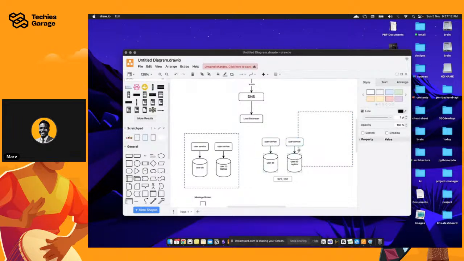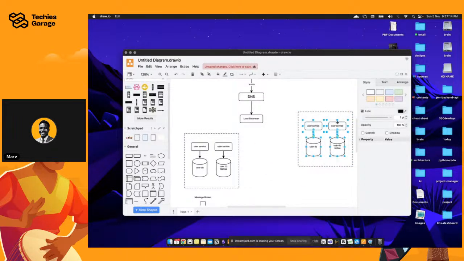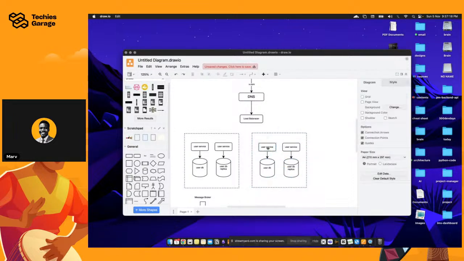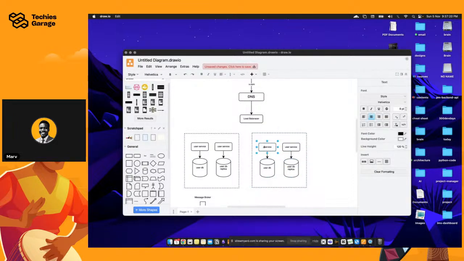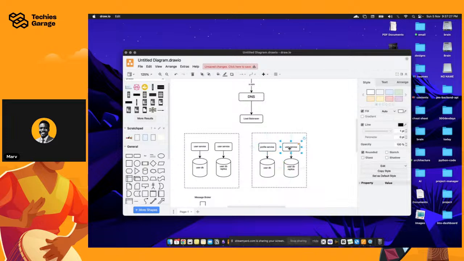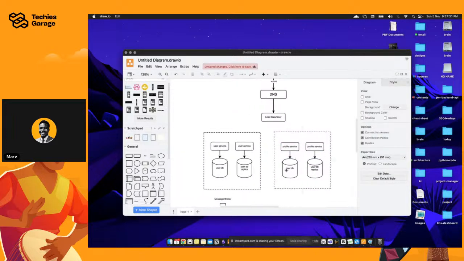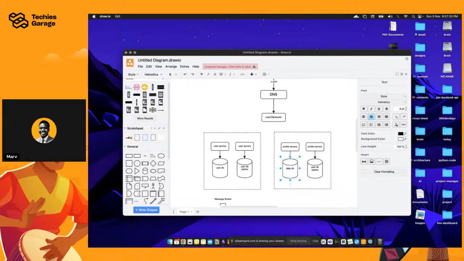So that is going to be for the profile service, right? All right, so let's go in here for this profile. All right, so also for the DB, we have the profile DB replica.